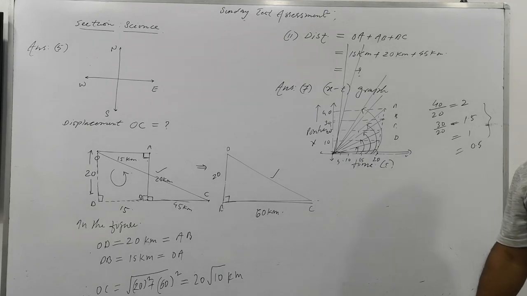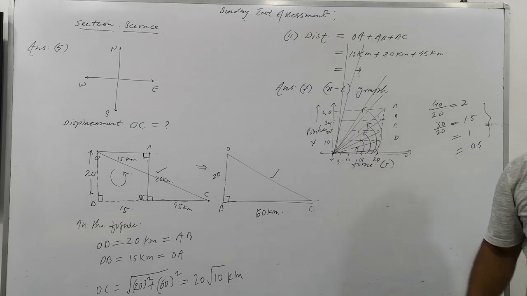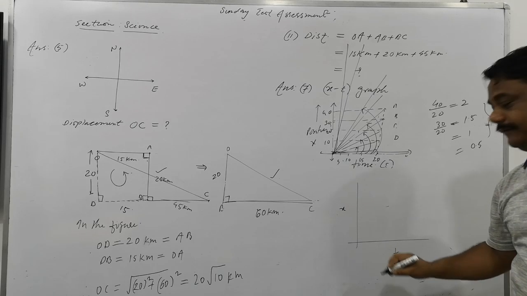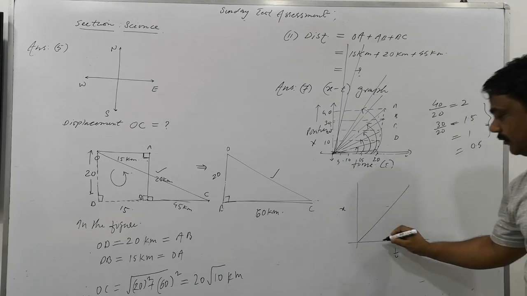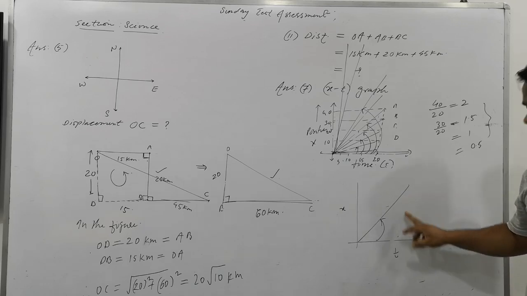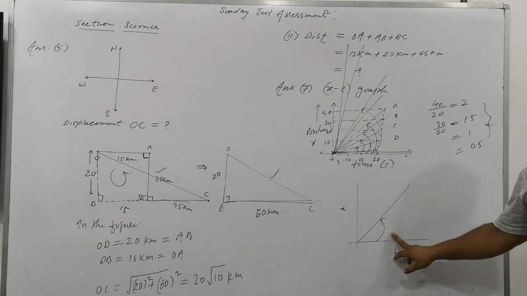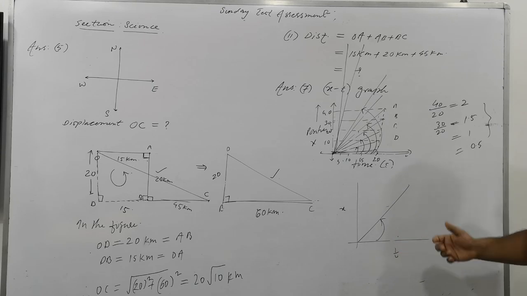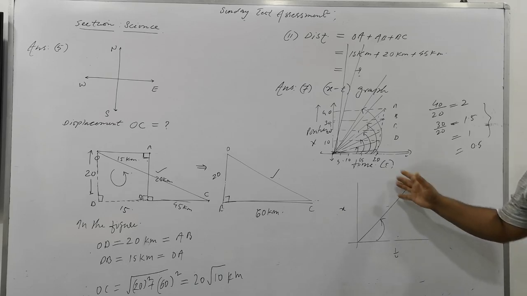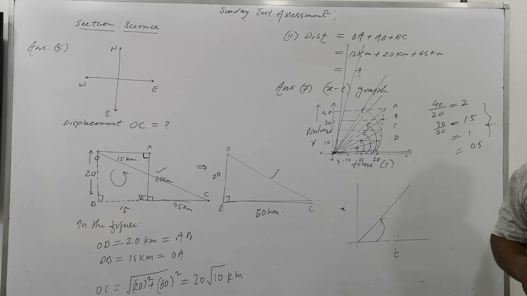So one conclusion can be drawn here from the xt curve. There is an xt curve, with time axis and position axis. If we draw a curve here, is that clear? So the slope of the xt curve with respect to the time axis gives the speed. Higher the slope, higher the speed. More the slope, higher the speed, and less the slope, lower the speed. So the first conclusion we are drawing: the slope of the xt curve gives the information about the speed or velocity.